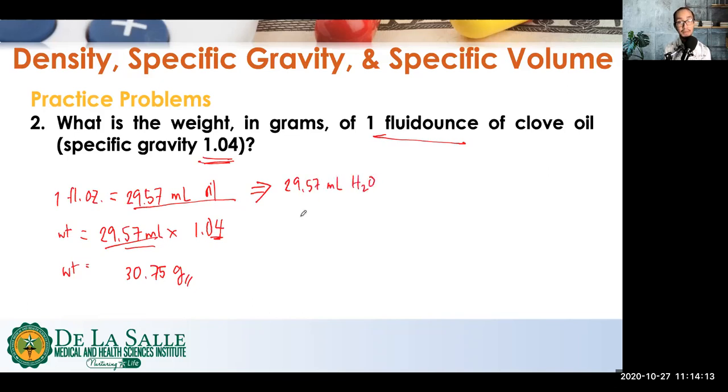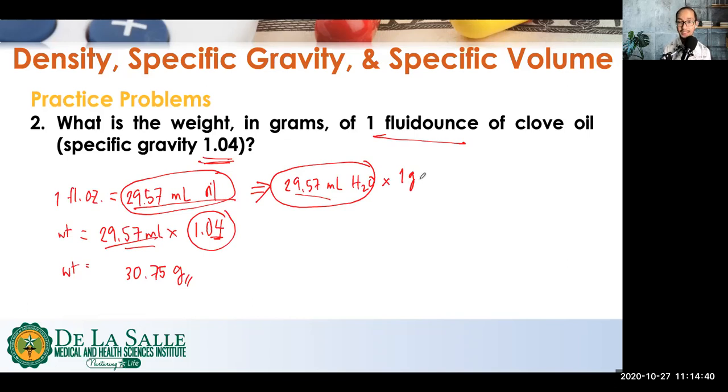So remember, the denominator in the specific gravity is always the weight of an equal volume of water. Now, if the volume of our substance is 29.57 milliliters, then it has an equal volume of water, that is 29.57 milliliters. The good thing about water is that it has a constant density or specific gravity